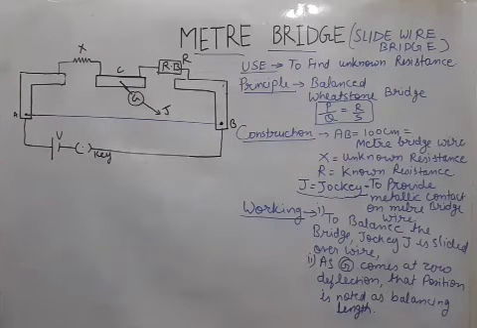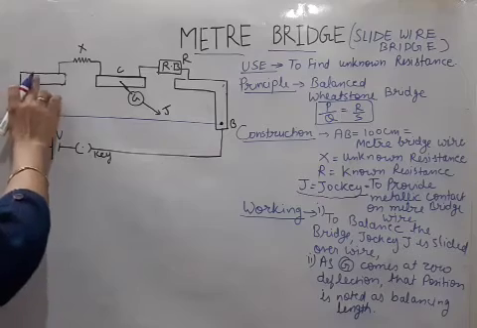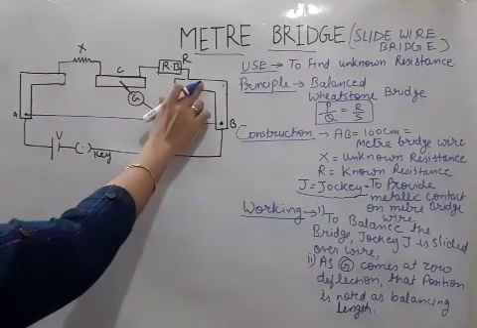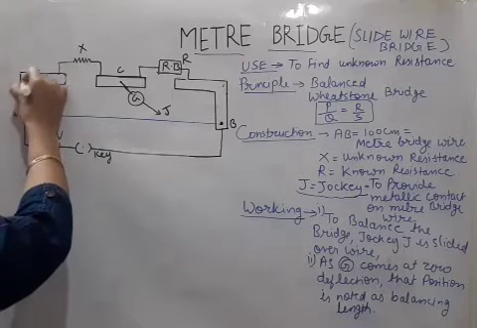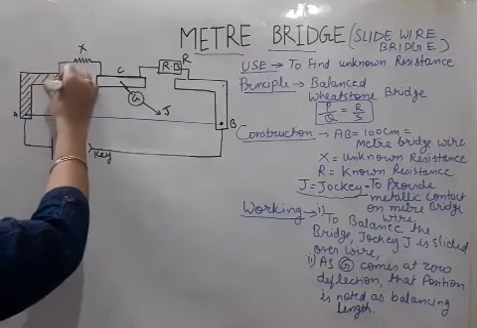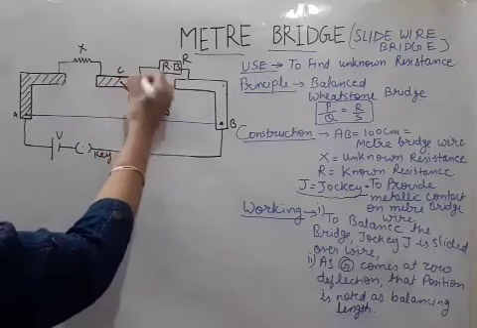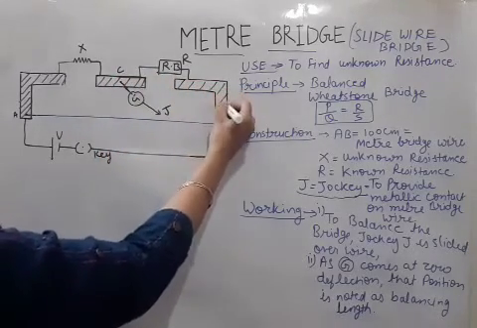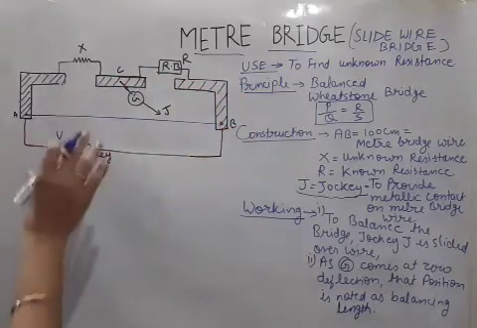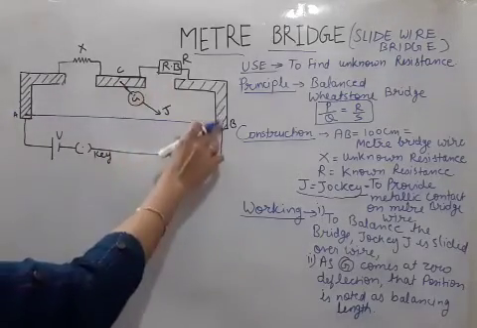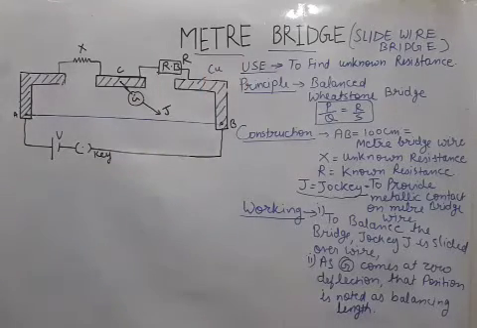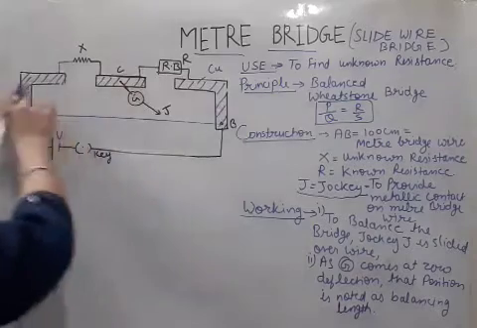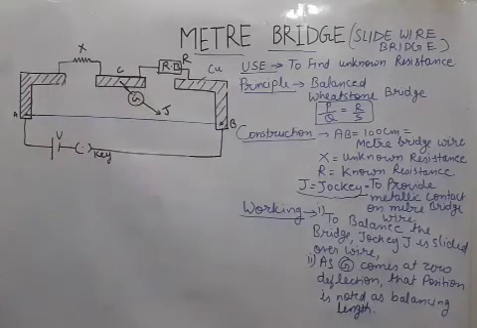First of all, we have to take 3 thick copper metal strips. Copper is a metal only. This first one, this second one, and this third one, these strips are made a little thick. You can see these are thick, and these are made up of copper. We want these 3 strips: 2 are L shaped and the middle one is rectangular shaped.